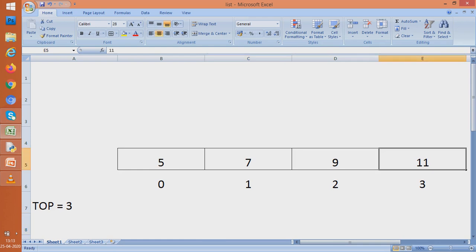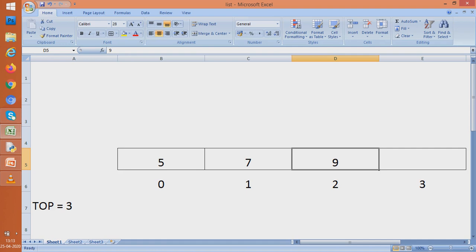Let us delete 11. As we delete 11, what actually is the latest value present now, which has been kept in the list and is at the top of the list? Obviously it is 9. 9 is in the list and it is at the top of the list.